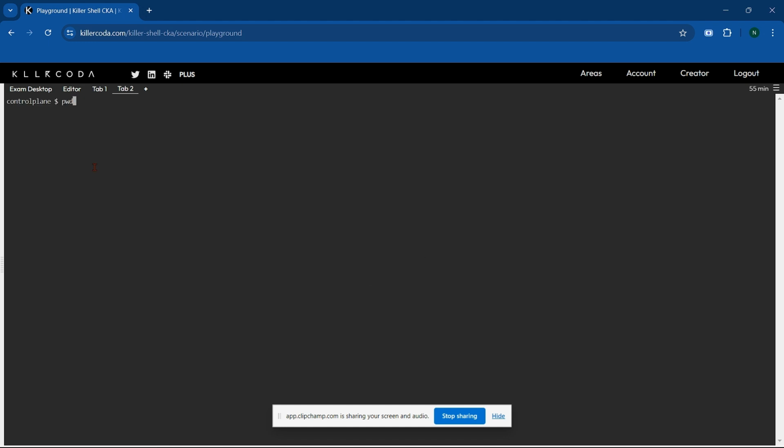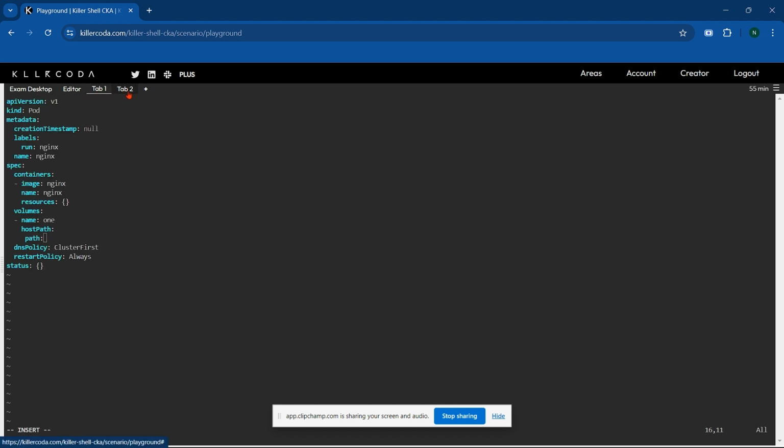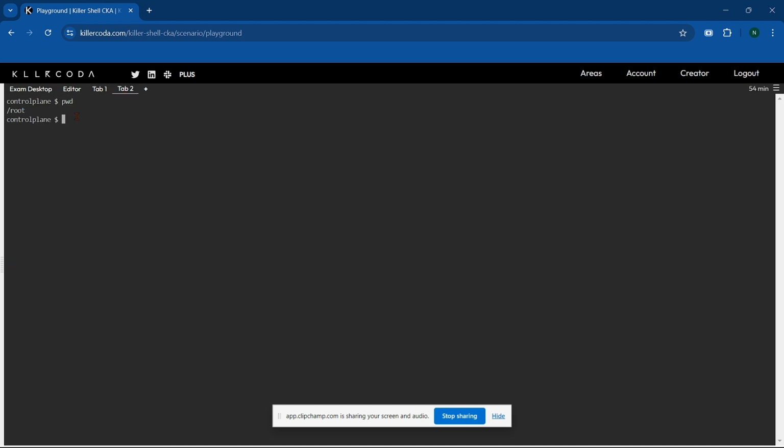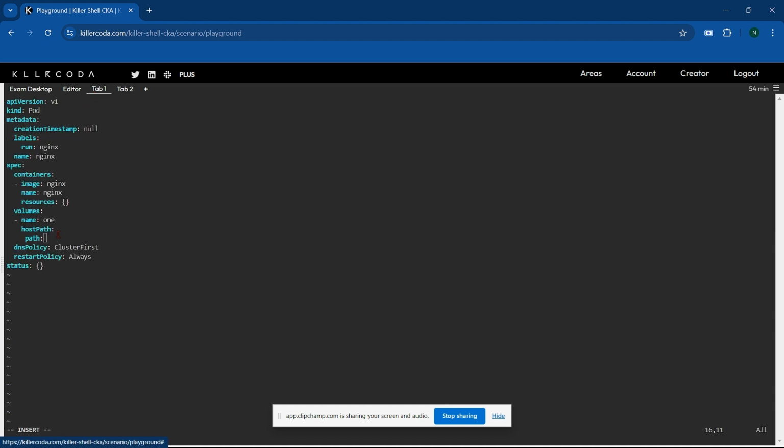If you see here, it is pwd, root. Okay, I will create one more directory, that is data, here in the root folder. Now if you see ls, under root, the data folder is here. So here the path